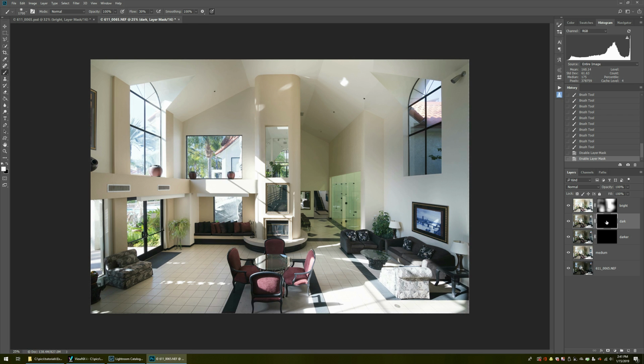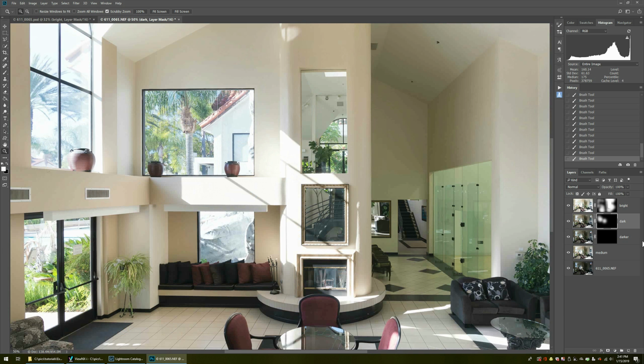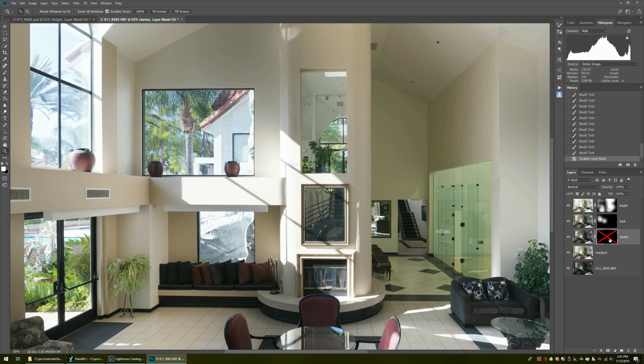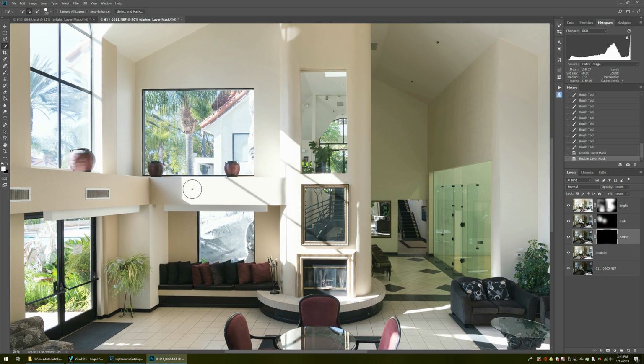I'm going to do Shift click, and I can see that maybe we want to darken up a few things like around the window here, so I'll add some of that. That's fine, but I've got a really big hot spot right in there. And this is where I might have to go with that even darker exposure. If I see what that's looking like by selecting darker and doing a Shift click, I can see that would be pretty good. So once again, just like on all my other exposure blending stuff, grab the quick selection tool,